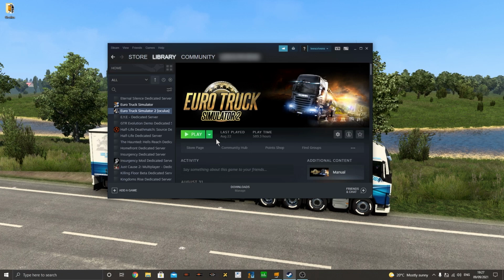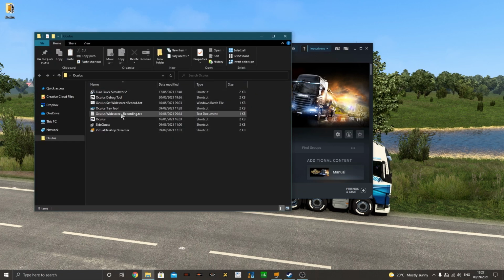You can do mirroring, and again, it becomes very laggy indeed. The other one is to record it direct from within the Oculus, which is what I tend to do, and then I copy that video out, and I'll show you how to do that later on. But to do that as well, you'll need to run another piece of software for the sidequest, and that is,